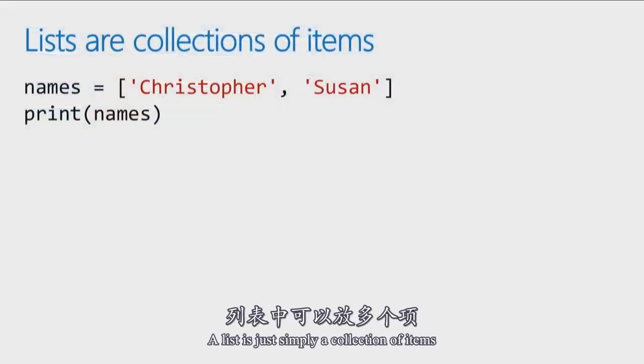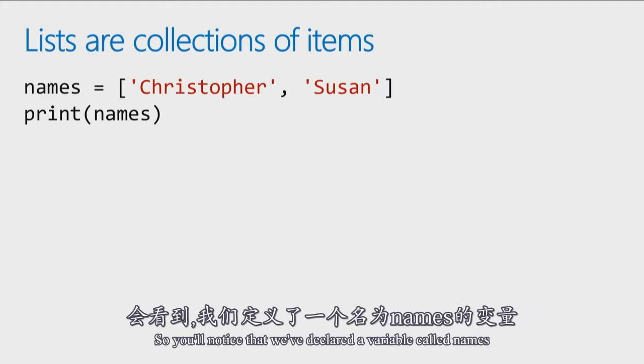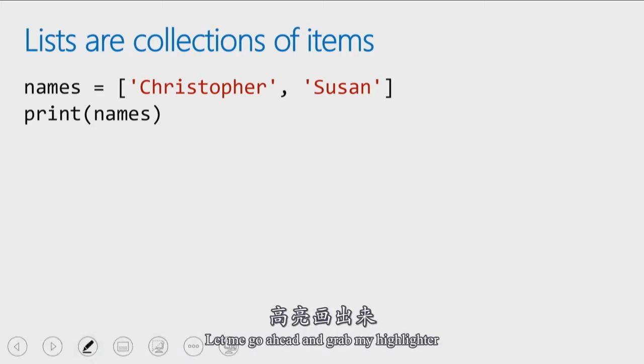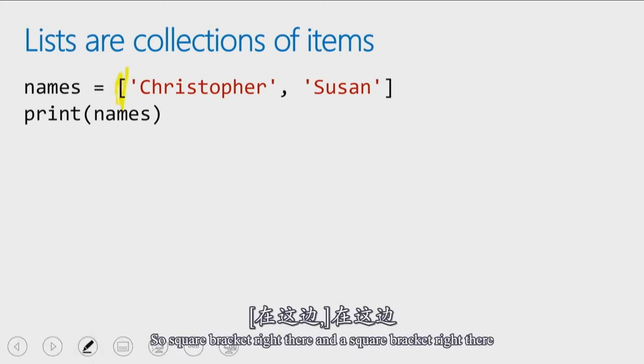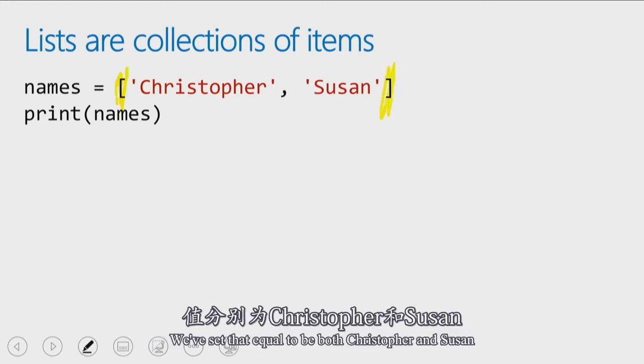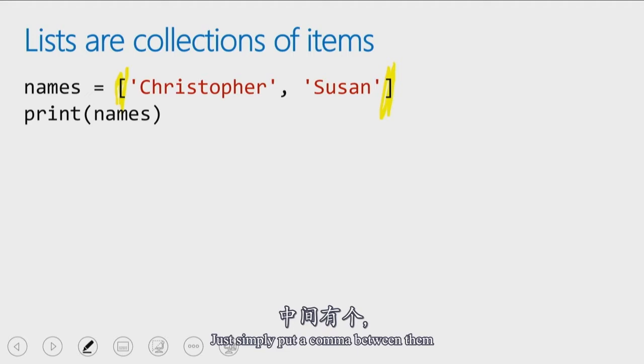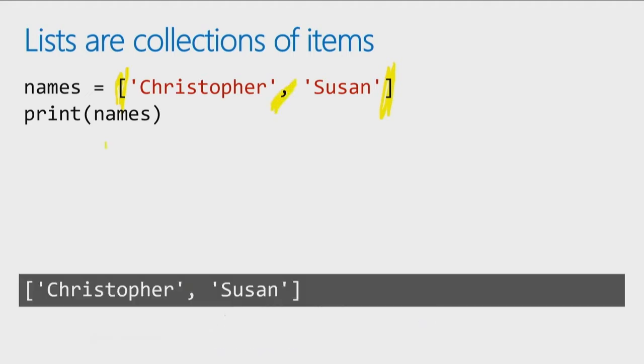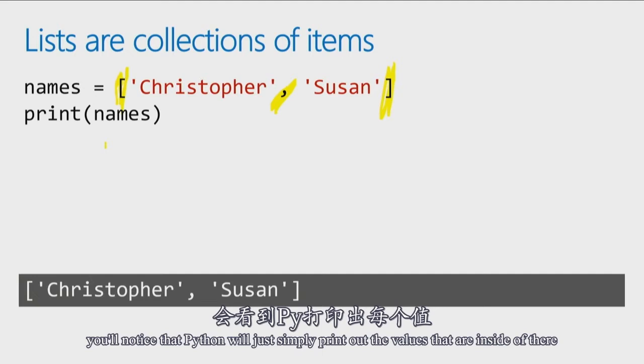A list is simply a collection of items. So you'll notice that we've declared a variable called names, and we've set it equal to, using square brackets there. Let me go ahead and grab my highlighter. So a square bracket right there, and a square bracket right there. We've set that equal to both Christopher and Susan. Just simply put a comma between them, and away you go. And if I were to call print, you'll notice that Python will simply print out the values that are